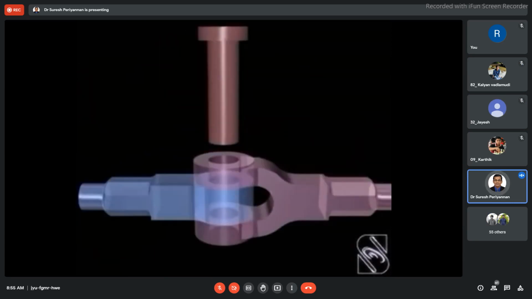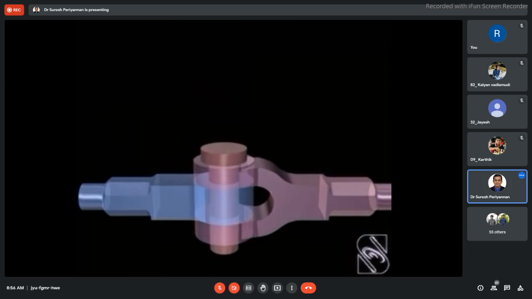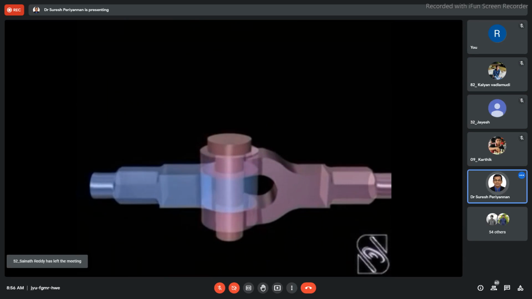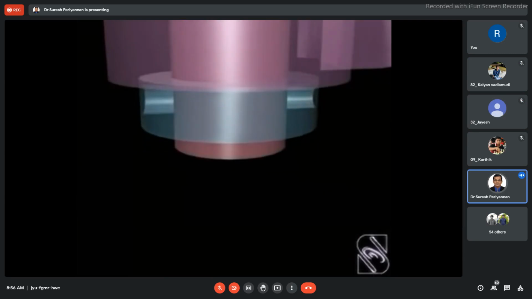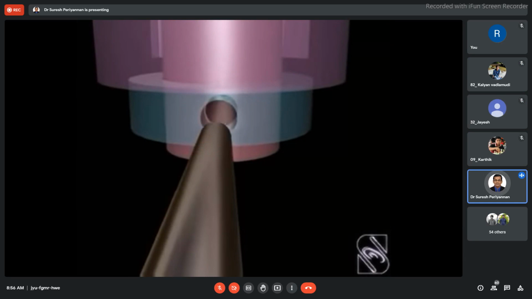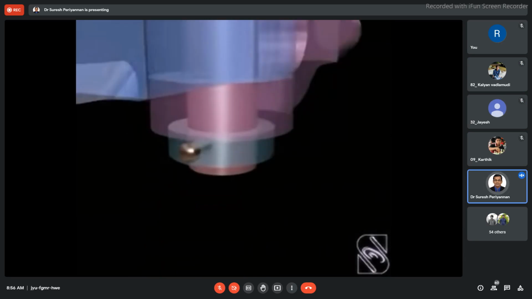The cylindrical pin that is used to fasten the fork end with the eye end is inserted into the hole. This pin has a taper hole at the lower end of the shank to carry the taper pin. A collar is placed at this end and the taper pin is driven to hold the collar with the cylindrical pin. The collar and taper pin prevent the cylindrical pin from getting removed.